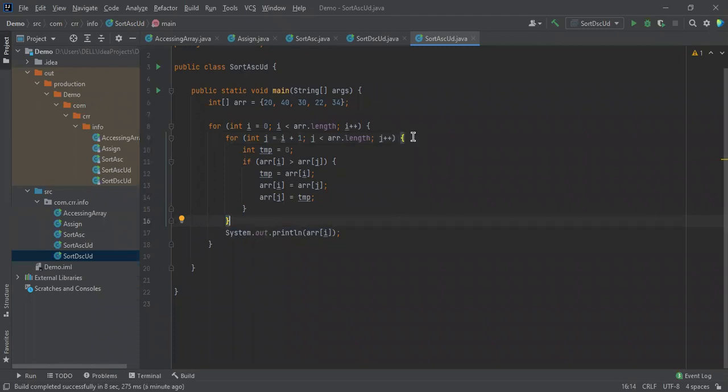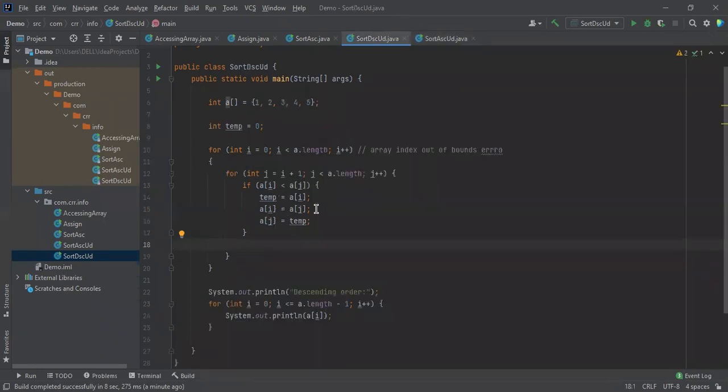So see this, this is the inner loop. Inside the inner loop, we are checking the condition whether the given number is greater or not. But after the completion of this, it goes outside and then if that particular number is lesser than the adjacent number, it will be printed and the loop will continue, but not in the sense of descending order.